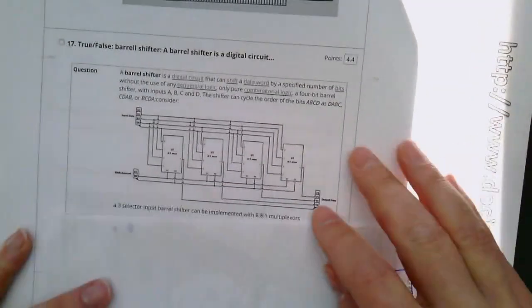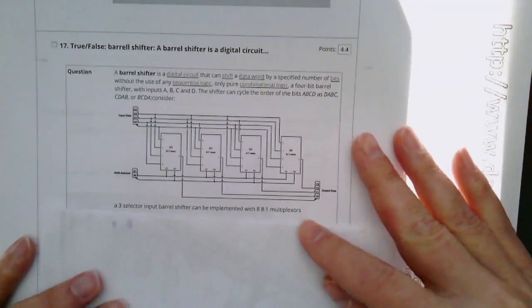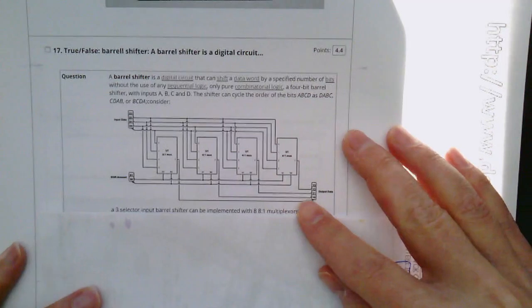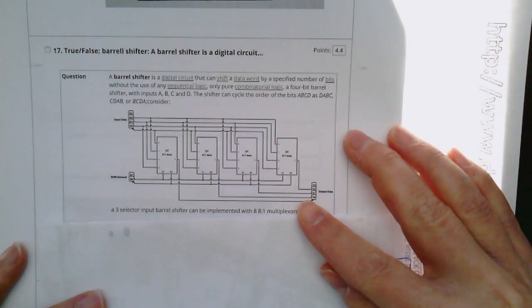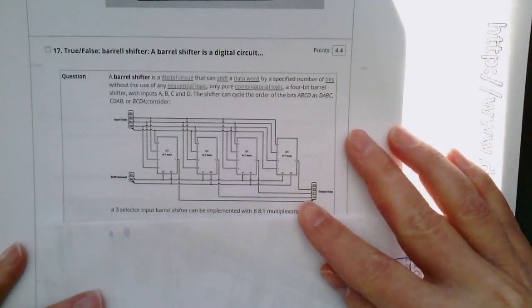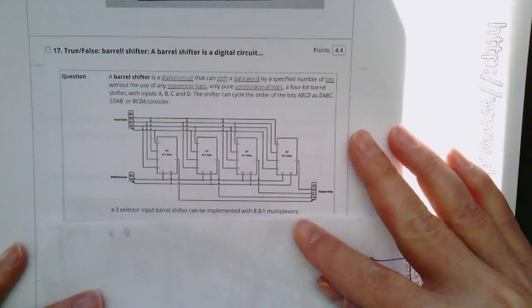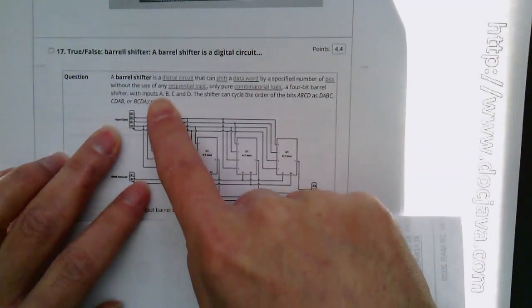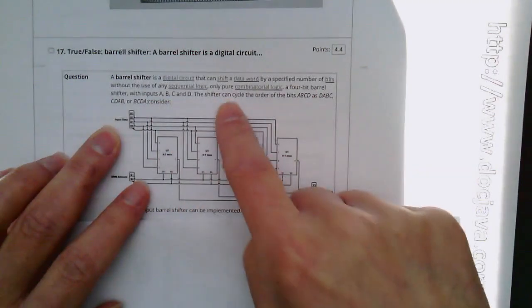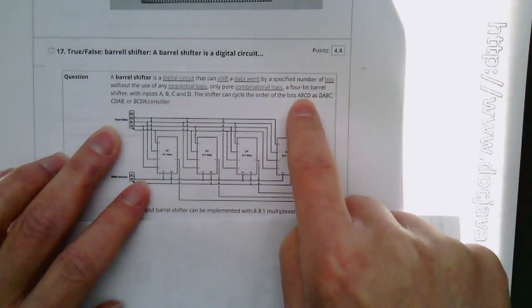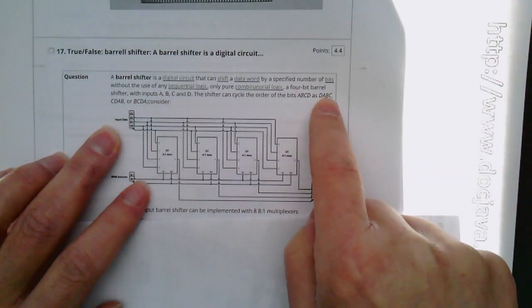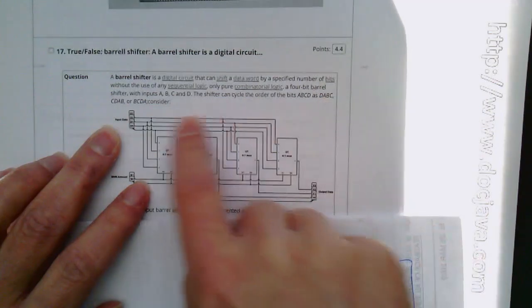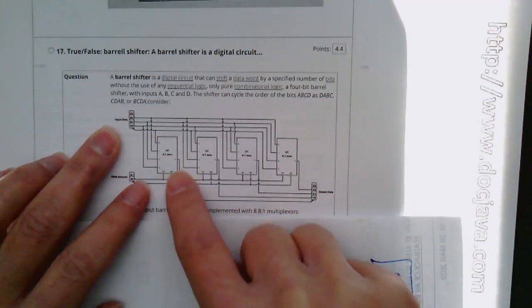Let's just show the question here. So here's the barrel shifter. A barrel shifter is a digital circuit that can shift a data word by a specified number of bits without using any sequential logic, only purely combinational logic. A 4-bit barrel shifter with inputs A, B, C, and D. The shifter can cycle the order of bits in any order you like, and it can do it in 3 gate delays, and it does it with these